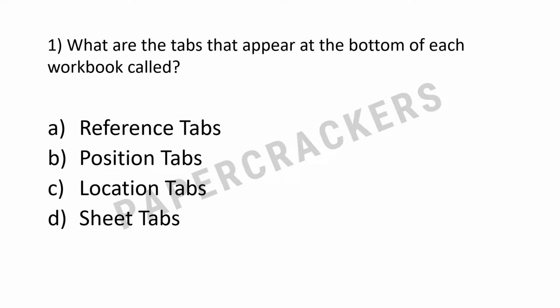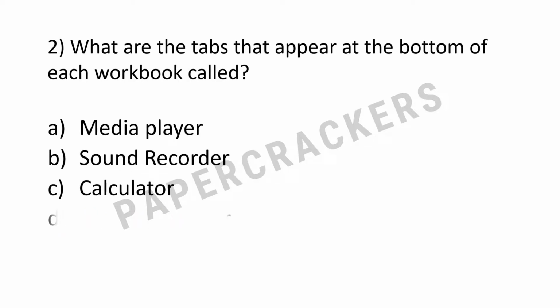वीडियो स्टार्ट करते हैं। What are the tabs that appear at the bottom of each workbook card? Reference tab, position tab, location tab और sheet tab. And the correct answer is sheet tab, क्योंकि उस टैब पे शीट का नाम भी आप लिख सकते हैं, लाइक शीट 1, शीट 2, शीट 3 डिफॉल्ट आते हैं।